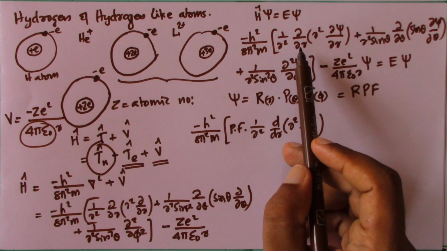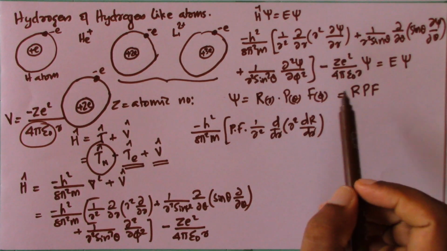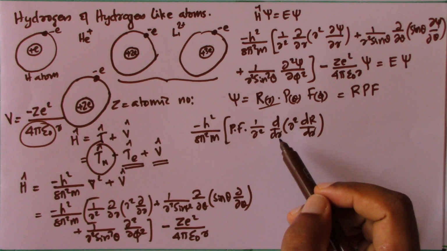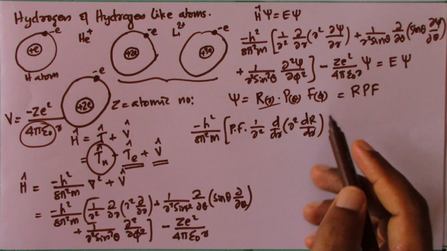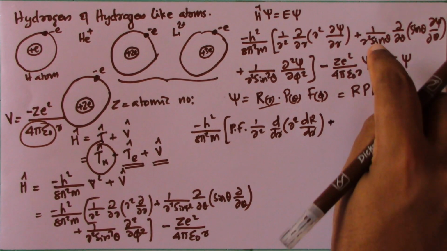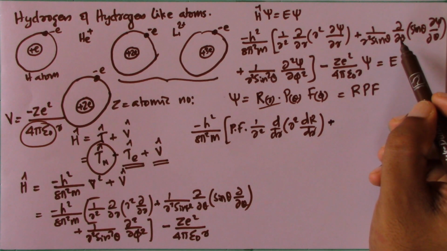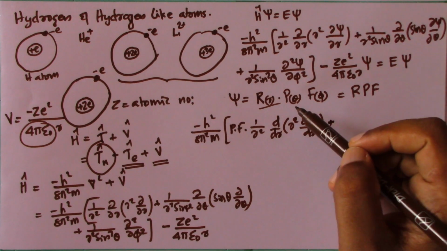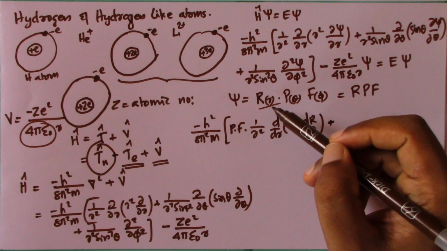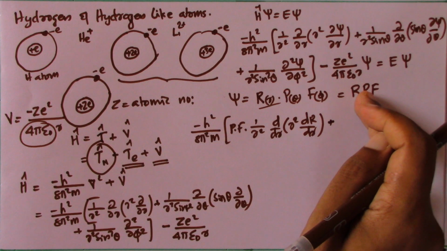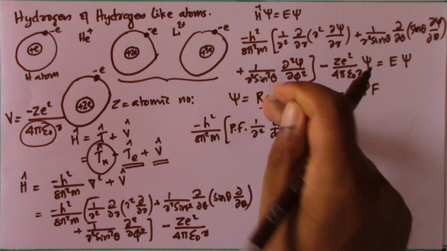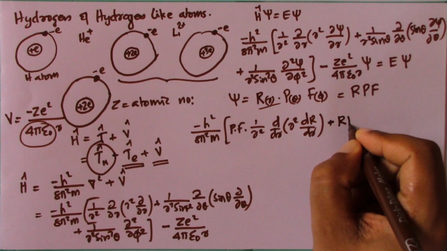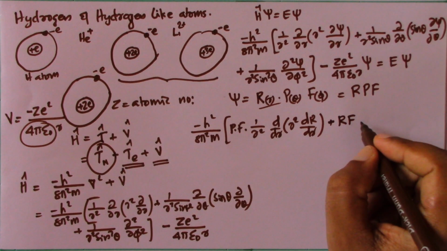The differentiation is with respect to r, so it will operate only over R of r. That is why we have put P F times 1 by r square d by dr of r square dR by dr, plus the next term, the differentiation with respect to theta. It will operate only over P, because P is a function of theta. So we can take R and F out, because psi is R P F. R and F will be taken out. So we can write R F 1 by r square